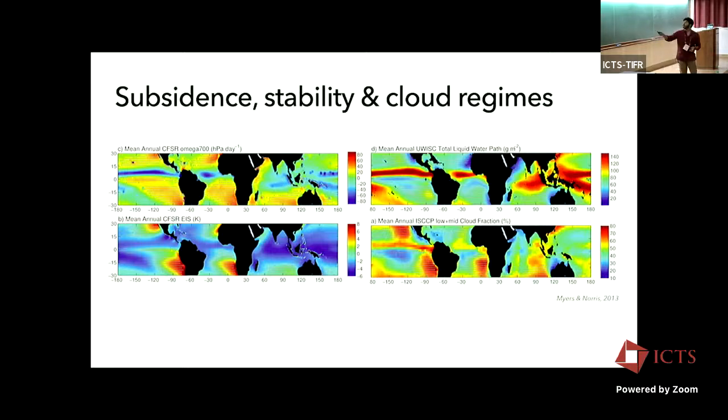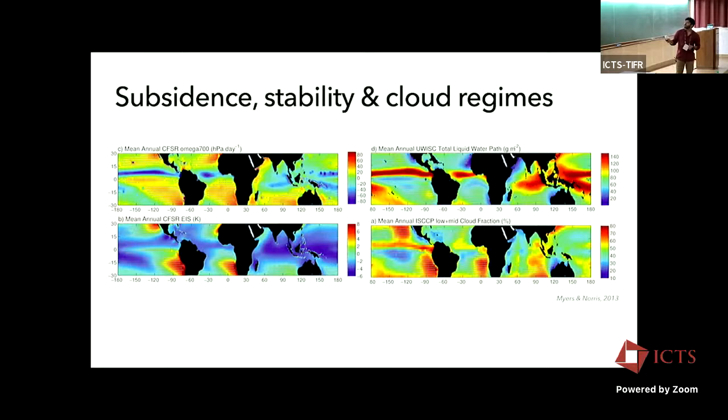clouds in the column where you have the ascending branch, and much less in the shallow cumulus. It gives you an indication of how deep these clouds are. And based on the EIS, so EIS is an estimate of how stable the layer is. EIS stands for estimated inversion strength, but that's a good indicator to tell you what type of clouds you will